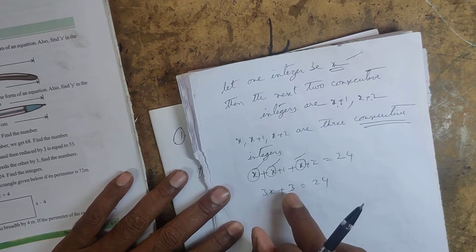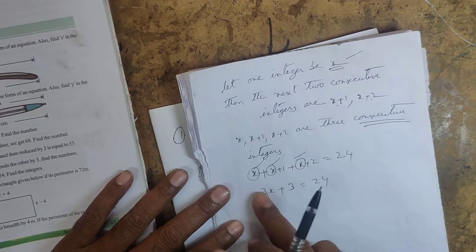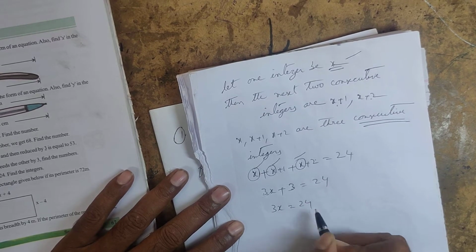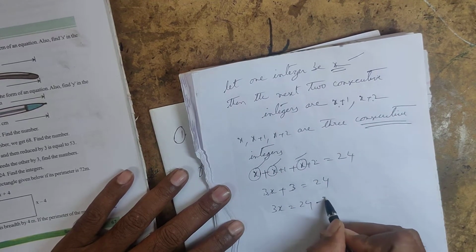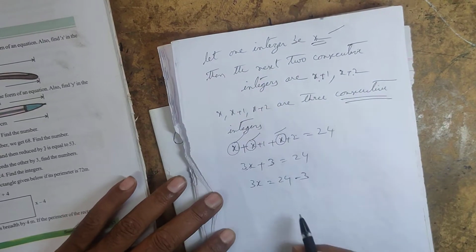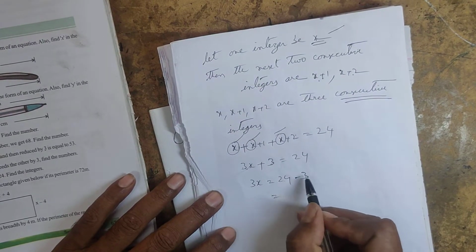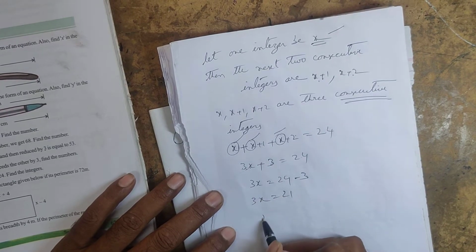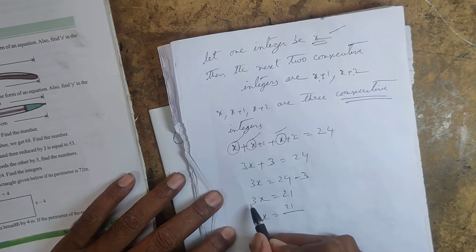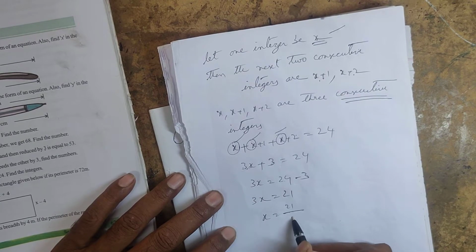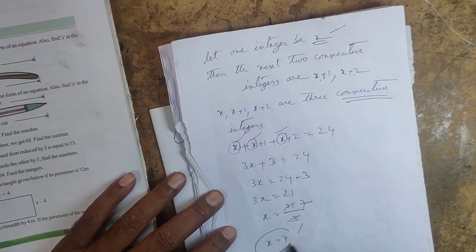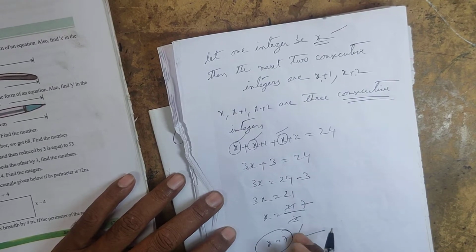Solving means what I said, numbers to one side, variables to one side. 3x is variable, 24 is a number. Plus 3 is transposing to this side, minus 3. Then from 24, if you subtract 3, you are getting 21. 3 times x is equal to 21. If you want the x value, 3 is here multiplying; if you take it to this side, it will divide. 3 table you have to read. 3 7s are 21. So how much did you get? x is equal to 7.